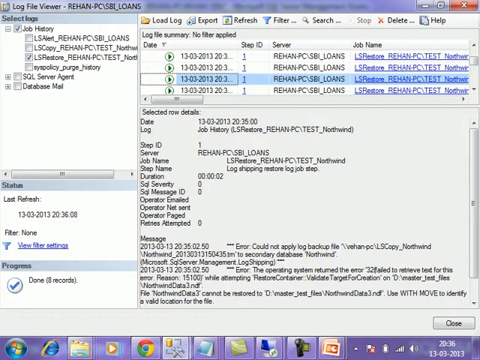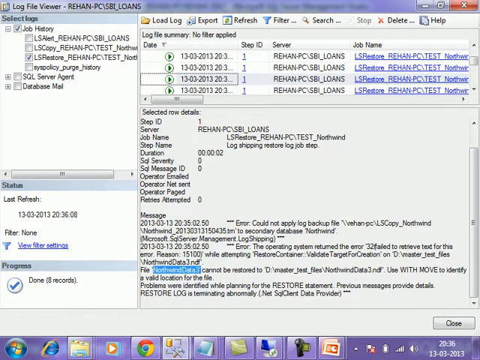The operating system returned error number 32 while attempting to restore the D master file, the extra file which we have added. It cannot be restored; use WITH MOVE option to identify a new location. It is asking you to restore manually by mentioning a new, different path.